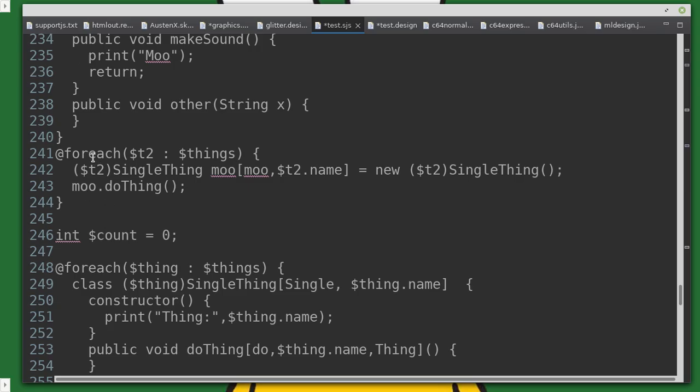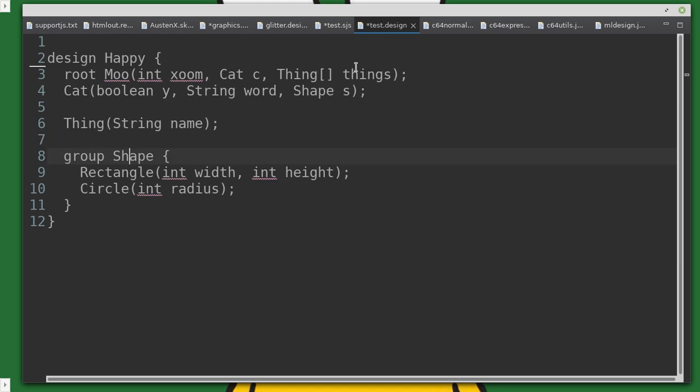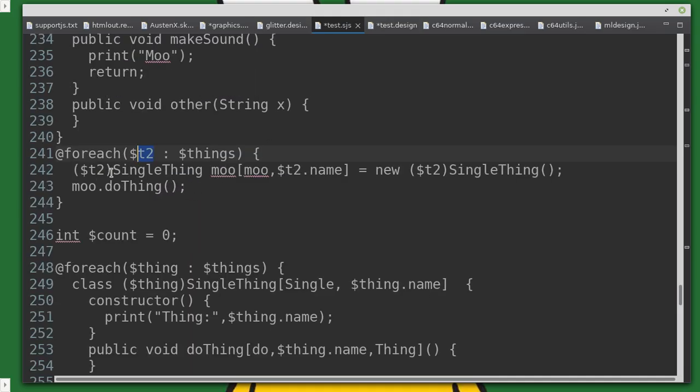And I can do this. So for each T2 in things, I think things is just this array of things here. So thing is just the thing that has a name. So then I'm creating a variable. Yeah, so this is saying I'm going to create this variable, which is called moo, and I'm going to give it,